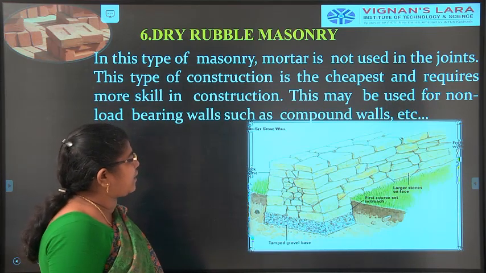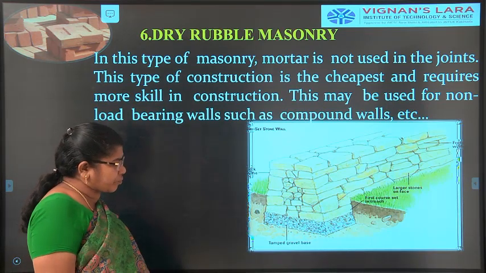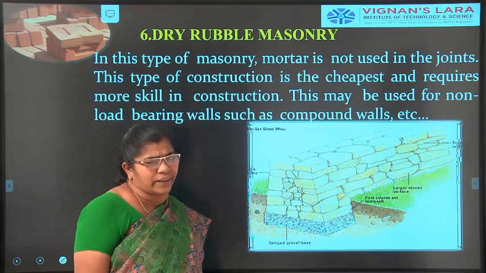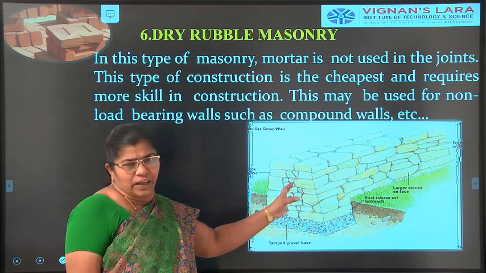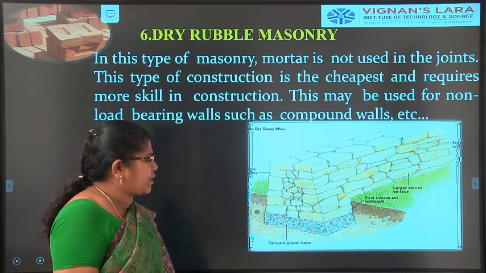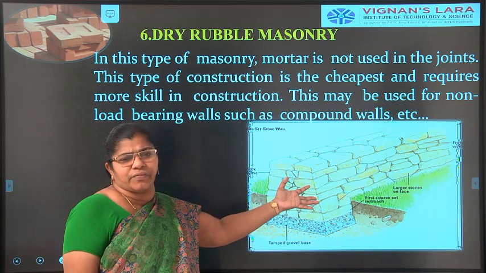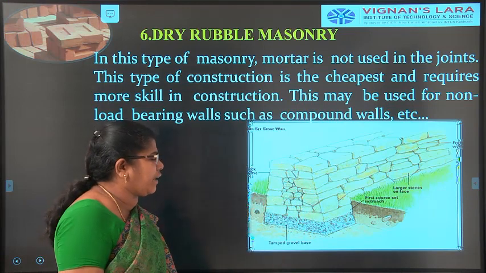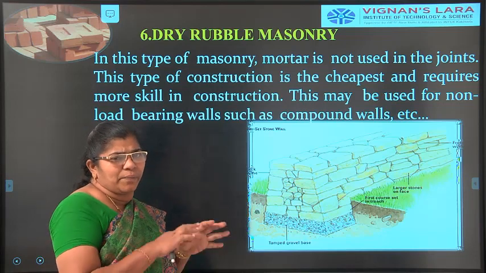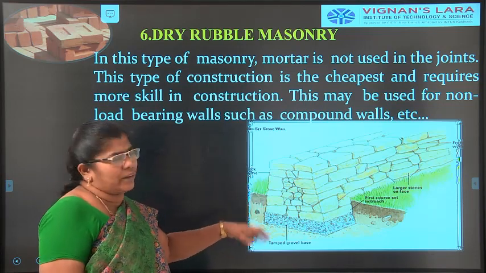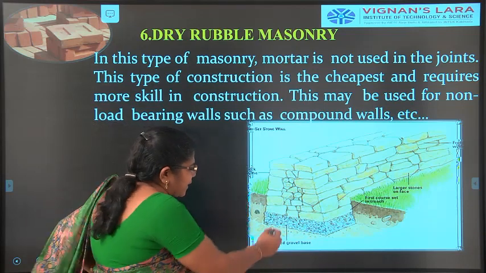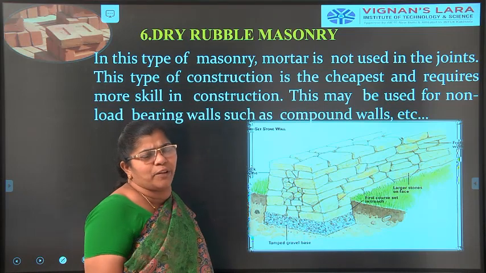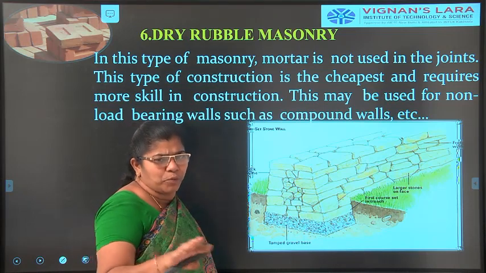The next one is the dry rubble masonry. In the dry rubble masonry, we will be taking undressed or dressed stones, almost having a uniform finish, and they may be of different sizes. What we will do is keep them as such without any mortar. Okay, the arrangement is such that it interlocks itself with one another, so that it will be kept in position and won't get moved, right?